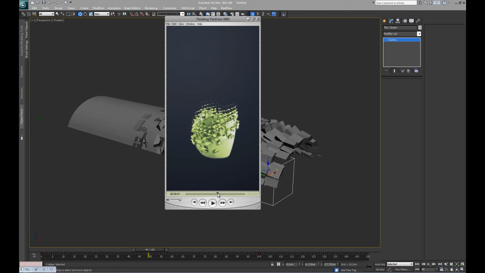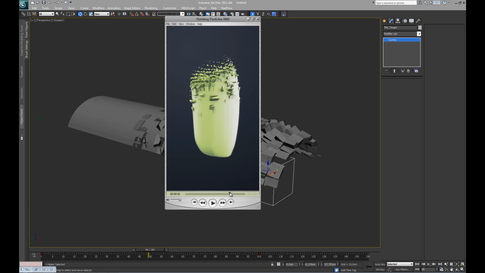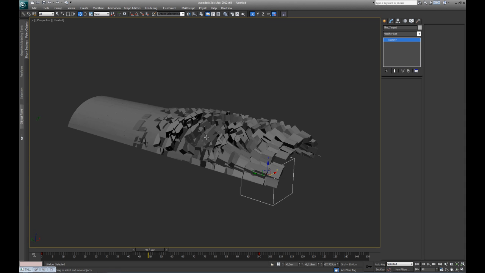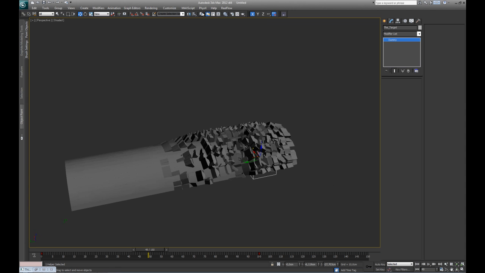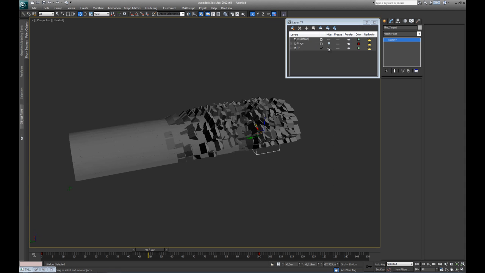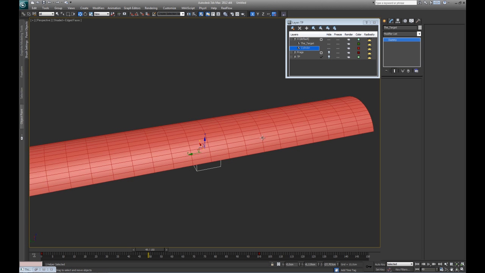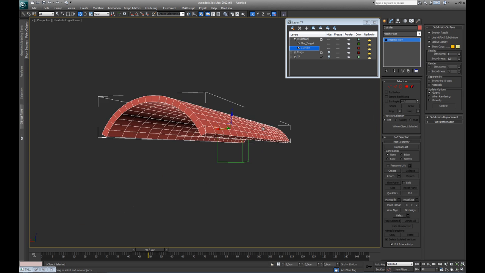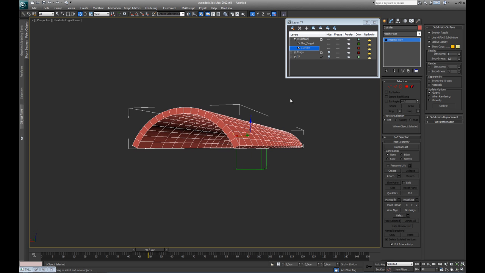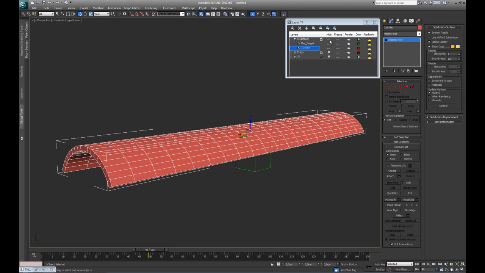So as you can see, this effect takes nearly any shape you have and creates this effect. So I'm gonna show you how I did this with a simple cylinder. Let's have a look here. I started out with a simple cylinder like this. Nothing special about this. It's just a cylinder that I put a shell modifier on, and then I proceed to